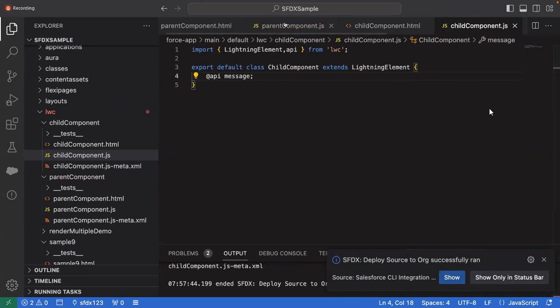Okay, I had not given the semicolon here. That's why previously I got a problem. So now it got deployed successfully. Okay. Now let's go to